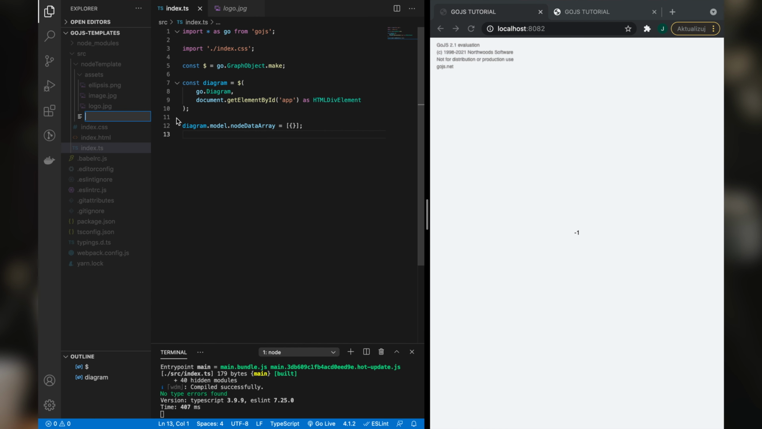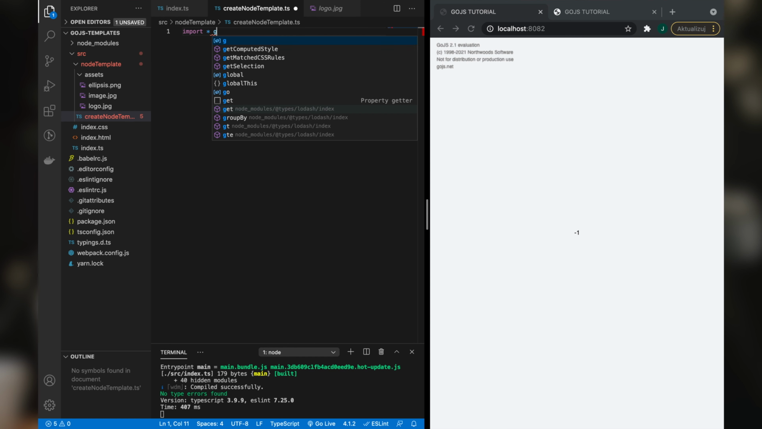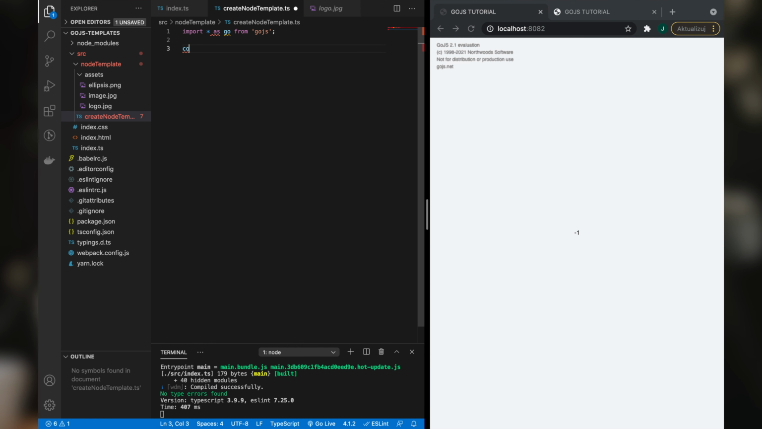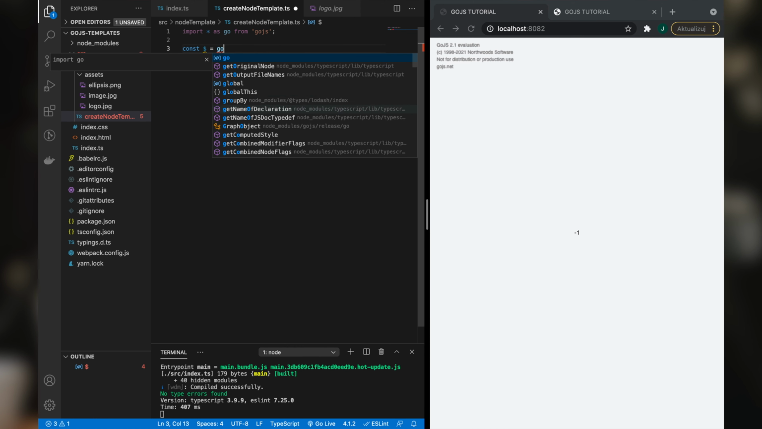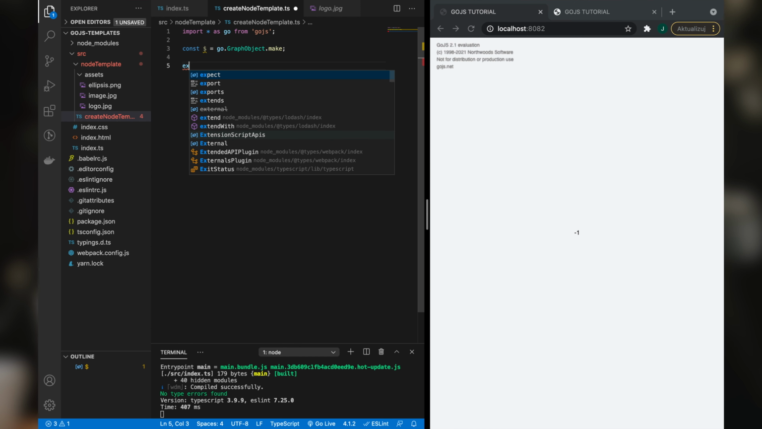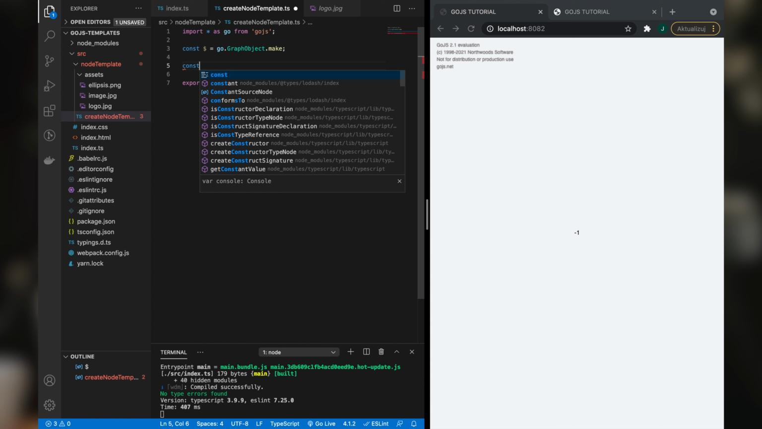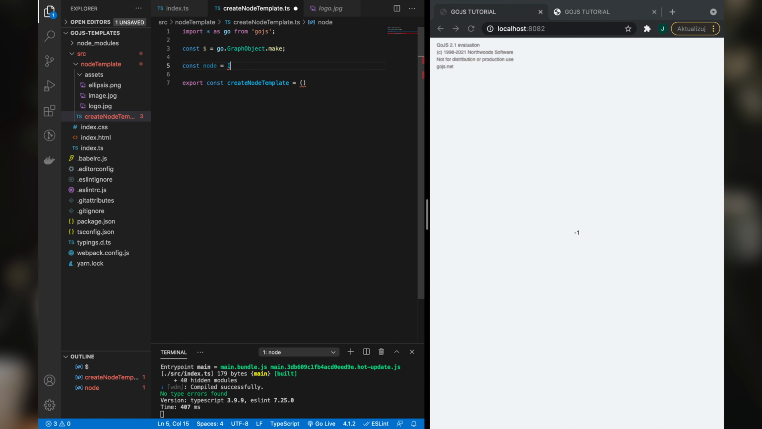Let's change that by adding a node template. So in the node templates folder, let's create a file called create node template. Let's import GoJS. Let's assign GraphObject.make to the $ sign. And then export our node template. Our node template will be